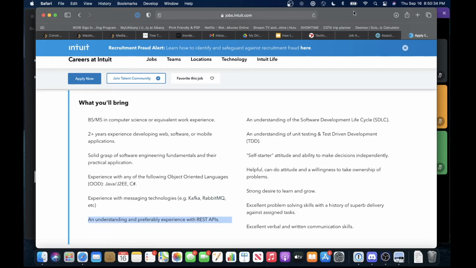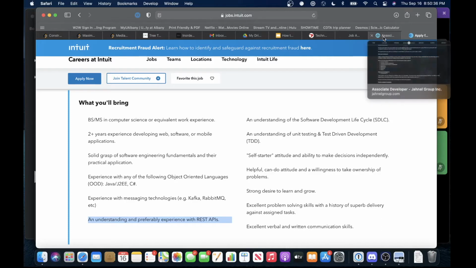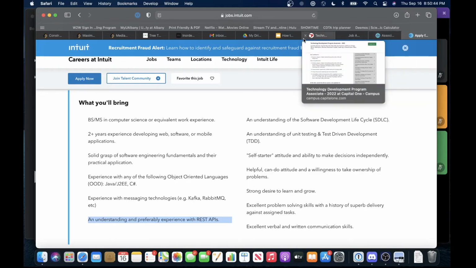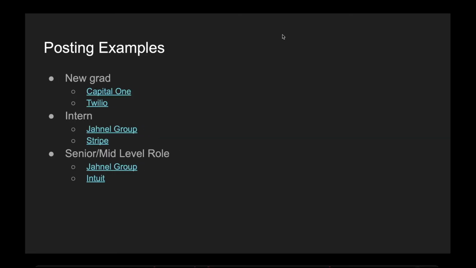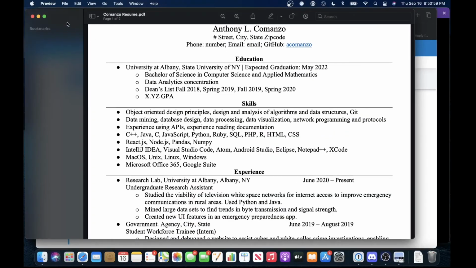Like I was saying before, the benefit about new grad or intern positions is that they know that you don't really have too much of a specialized career yet or specialized experience. So you can use a lot of your experiences no matter what they are. And so we're going to briefly go over some things in my old resume so that you can see where I went wrong. All right.